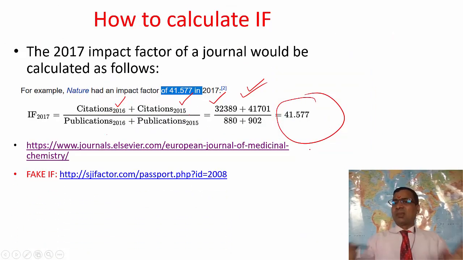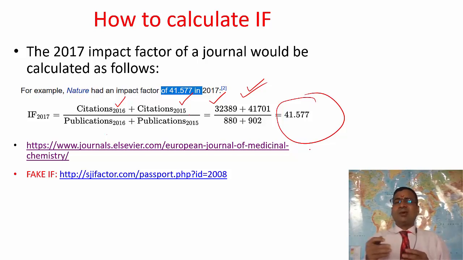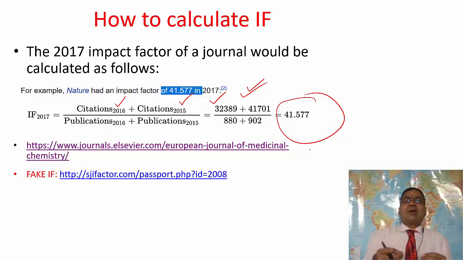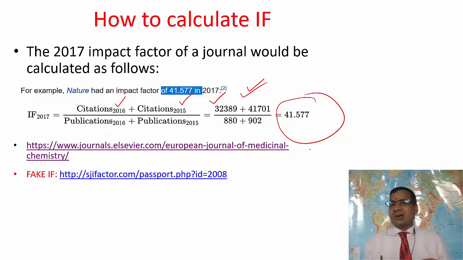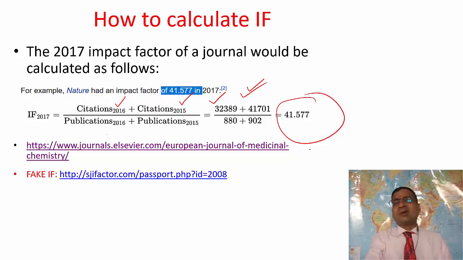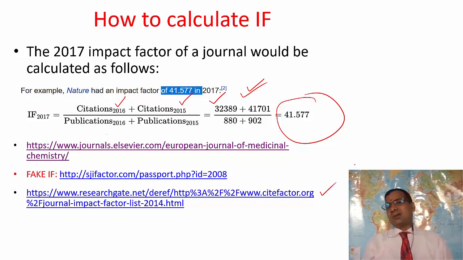Otherwise there are some journals, or we can say predatory journals. Those journals generally provide a fake impact factor, and we consider that our paper has been published in a higher impact factor journal, which has 10 or 7.2 impact factor, but in reality that impact factor is considered a fake impact factor because that journal is not indexed in a scientific or standard indexing agency or database. ResearchGate is one of the open source databases that provides impact factor for journals, but sometimes you